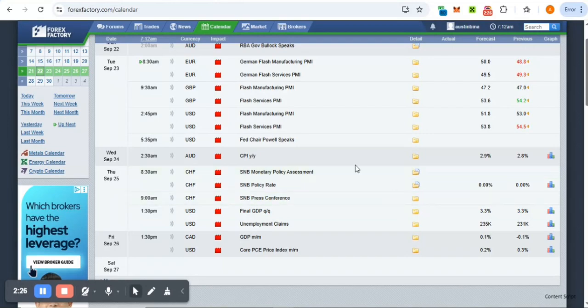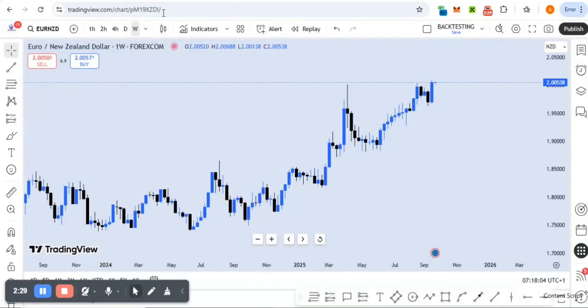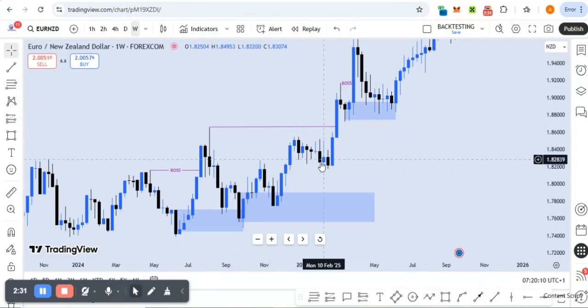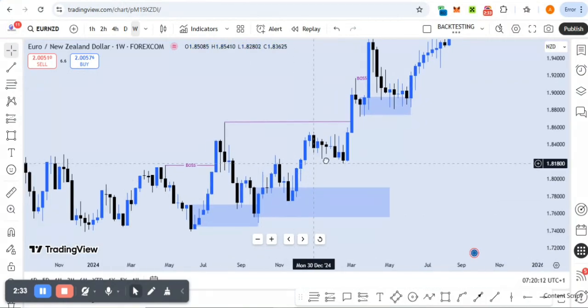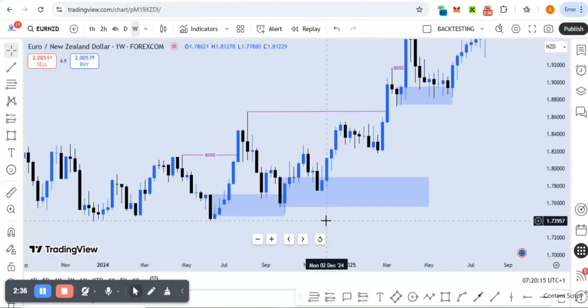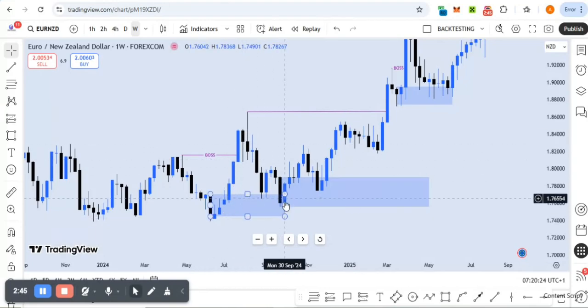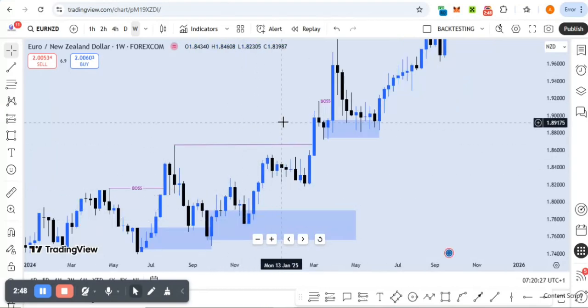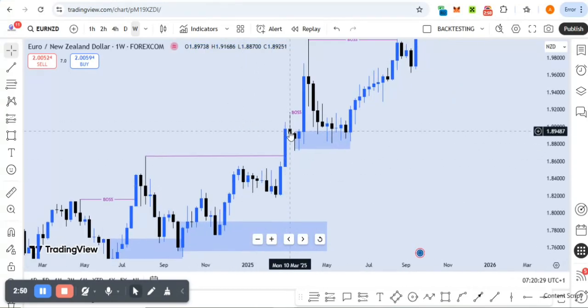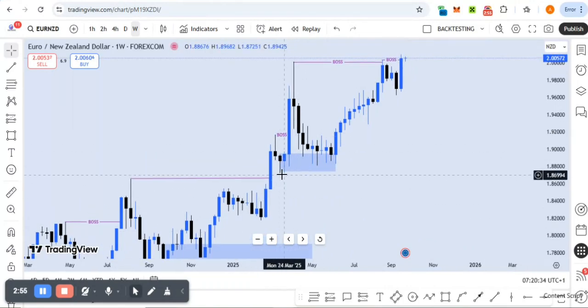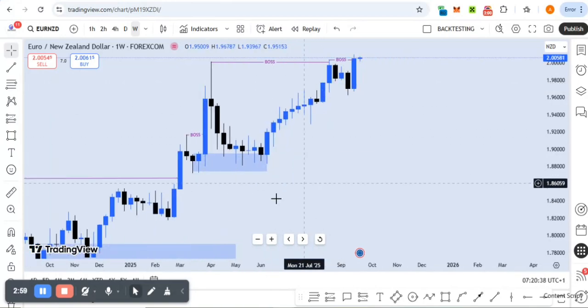All right, so let's quickly delve into the technicals and see what we have for the week. So this is my weekly time frame on Euro NZD right now. I just want us to go back a bit, and we can see that Euro NZD has been breaking structures consistently on the weekly time frame. You can see a break of structure to the upside. Price came, retraced back to the order block, and then traded away from it. And when it traded away from it, price did not come back to the order block immediately. And we saw that price created the swing low here and then created a new high and broke it, which caused a break of structure here again.